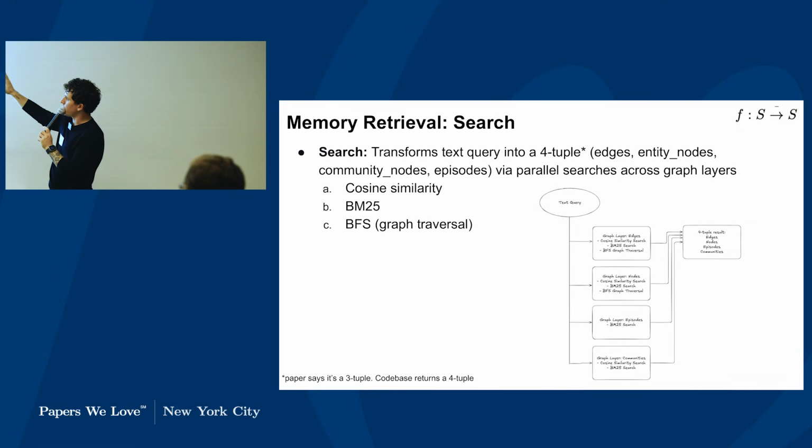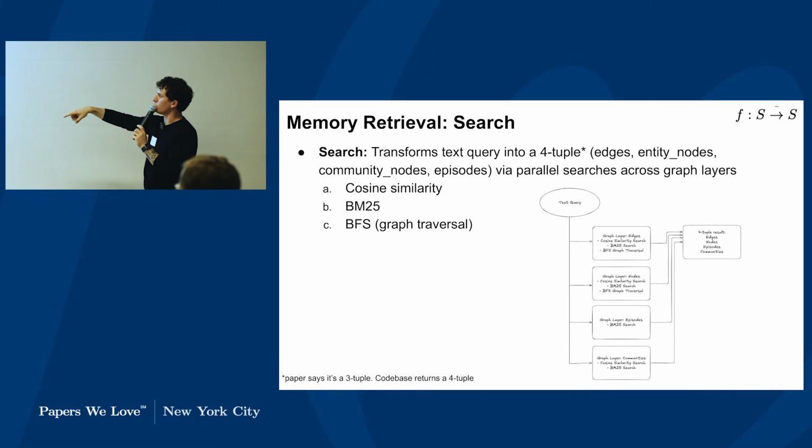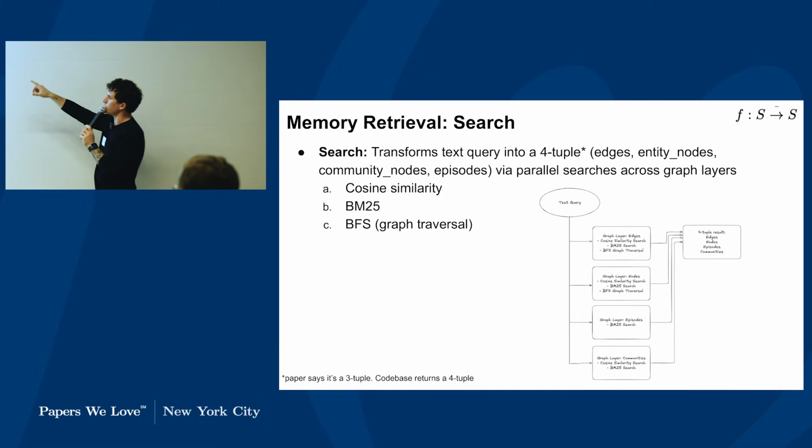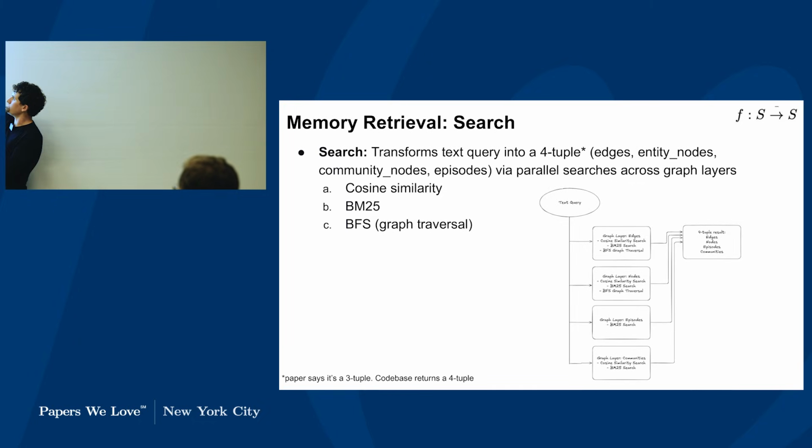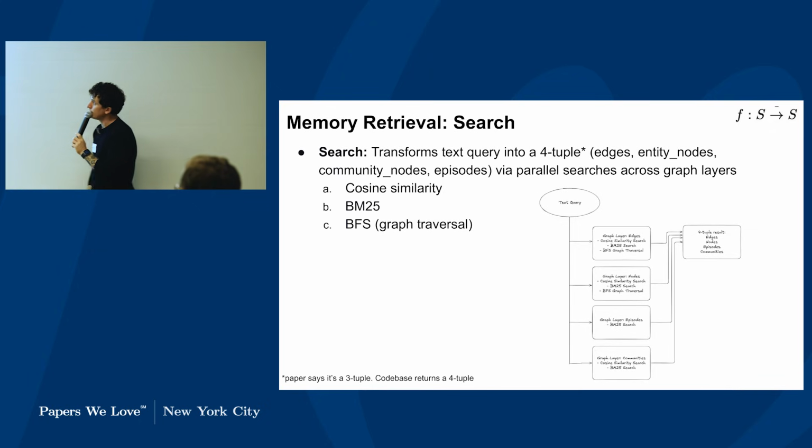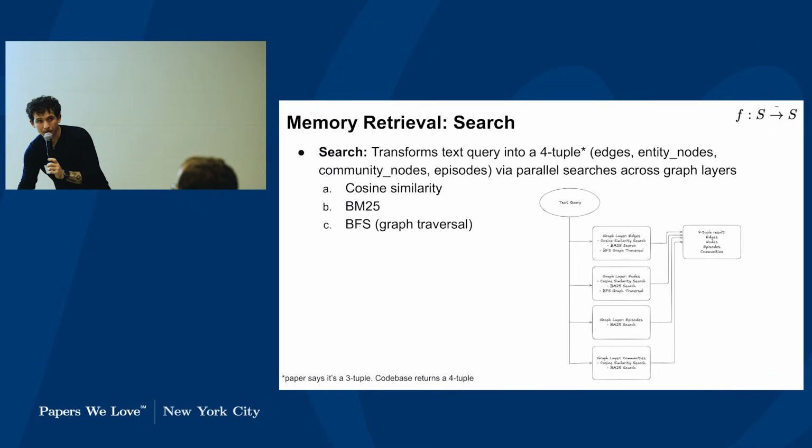This is what the graph of that looks like. We take our text query, we do our 4 parallel searches, and we end up with our 4-tuple result: edges, nodes, episodes, and communities. From there,